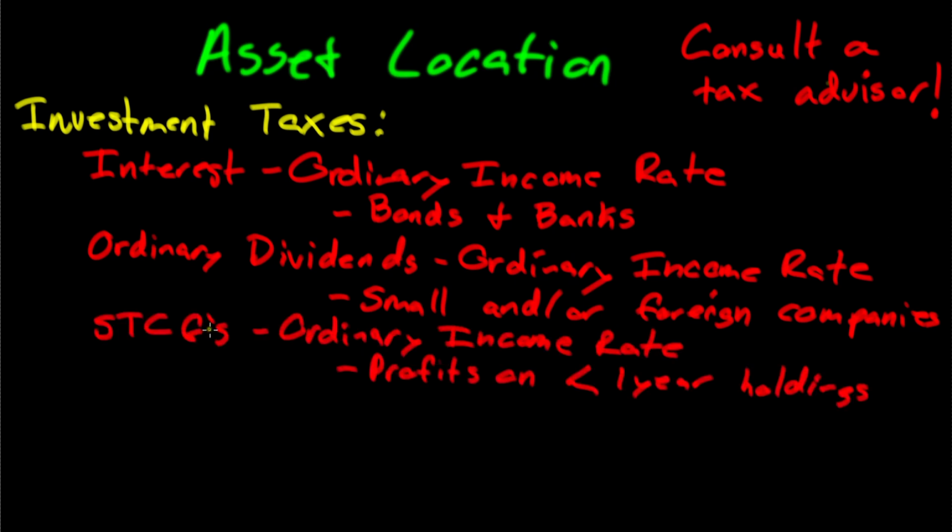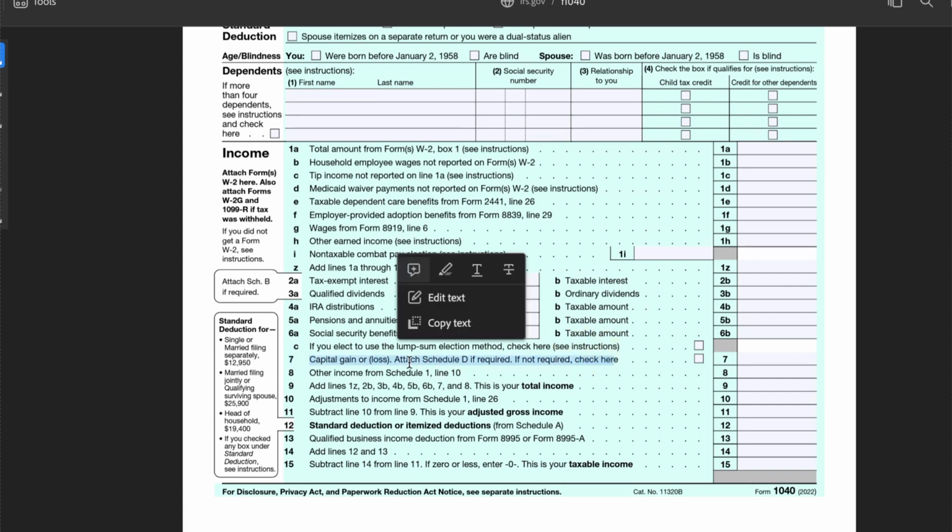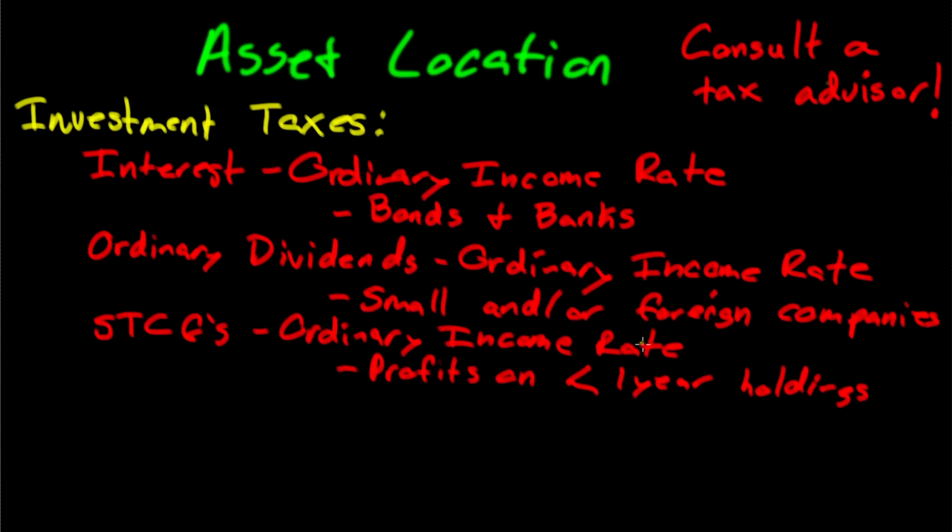Short-term capital gains. So these would show up on the 1040 under capital gains or losses here. And they would be detailed on Schedule D if you want to go look at that. Those also get ordinary income tax rates. And what they are is realized profits on an investment that you held for less than 1 year. In general, there are exceptions to this. I'm really just talking about stocks, bonds, mutual funds, ETFs. I'm not talking about real estate or options or derivatives or other non-stock bond type investments. But generally speaking, short-term capital gains are taxed at your ordinary income tax rate, which, as we've been saying, can